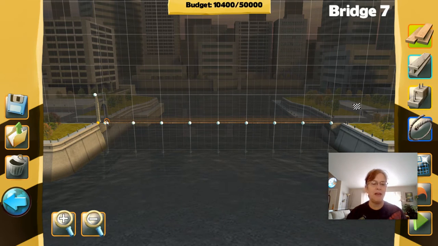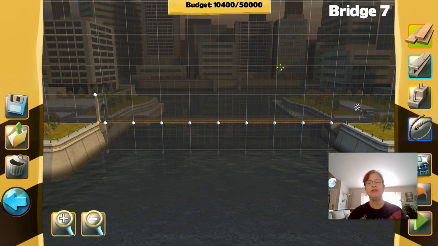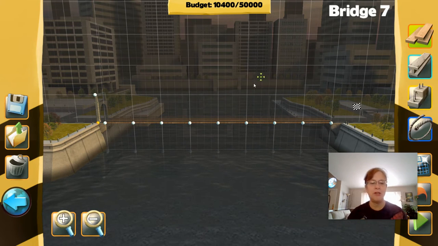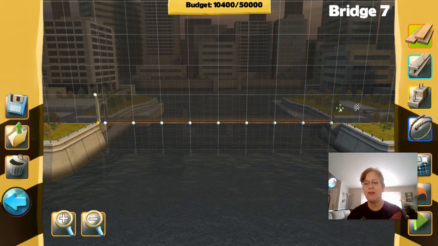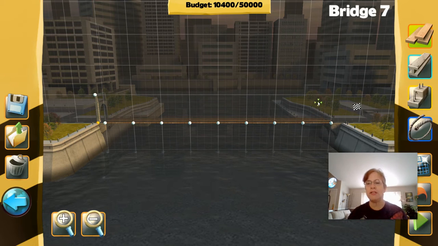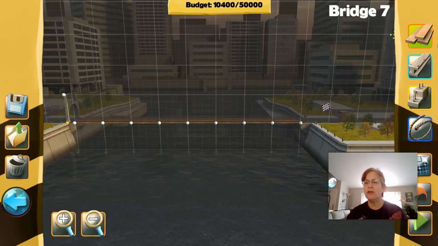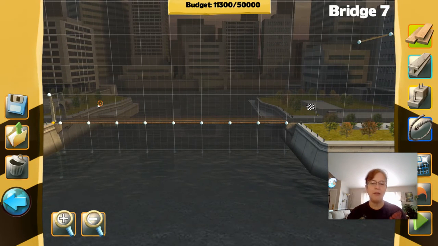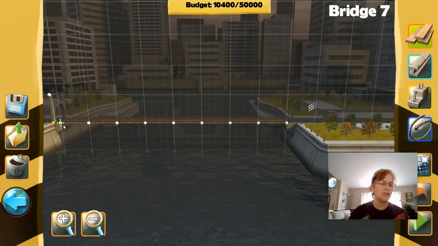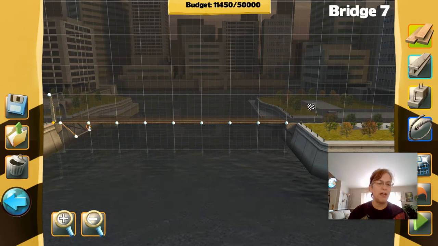So I just got a plain wooden bridge, and I'll tell you right now, it is too long for it to work. These kind of bridges that just go from one side to the other can only work over very short distances. So I am going to go ahead and try building an underneath truss for this bridge to help